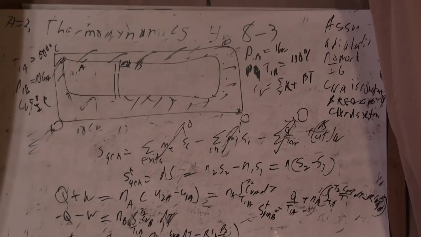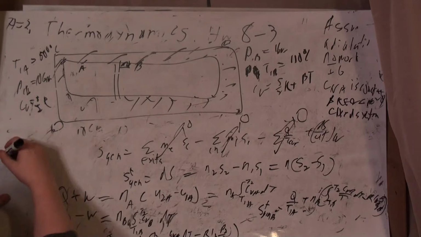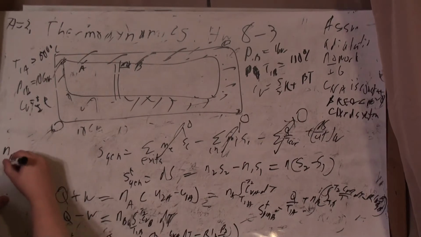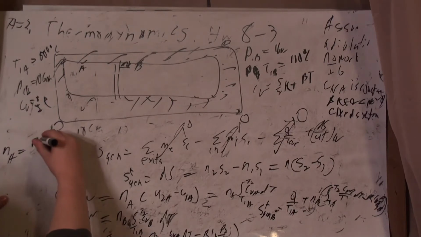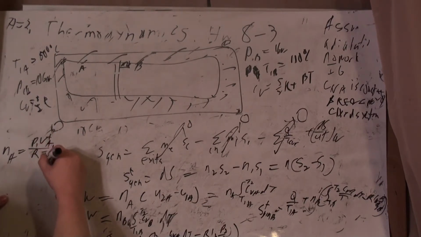Oofda. Now, that still doesn't really tell us what's the final temperature and what's the final pressure. But again, we're assuming an average here, okay? And so what we need is, first off, we need to figure out what NA and NB is, okay? So NA is equal to PV total A over RT1A,